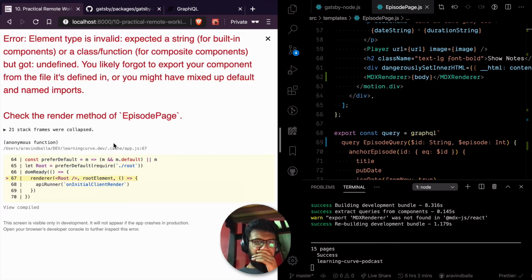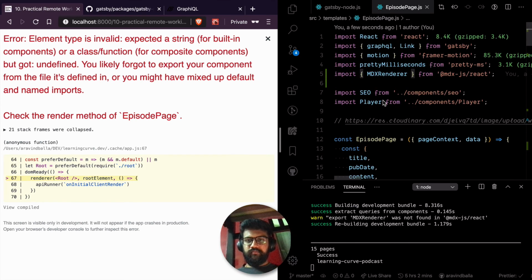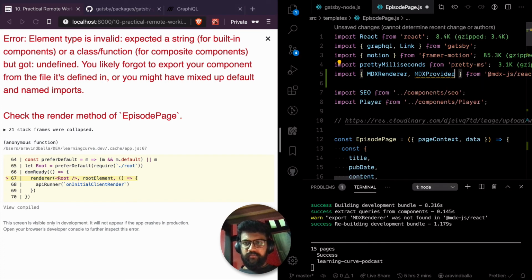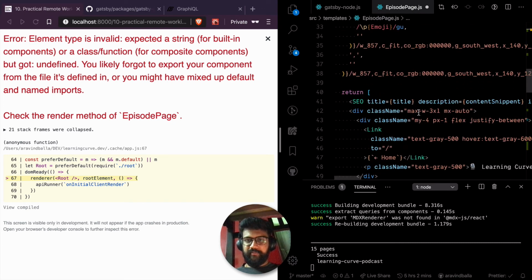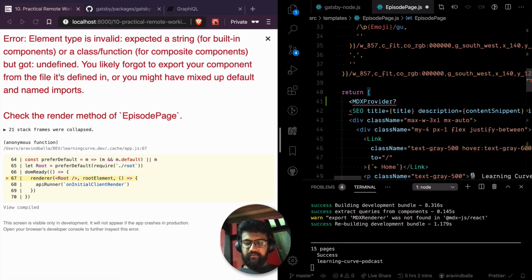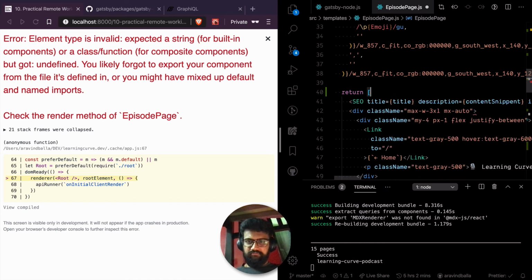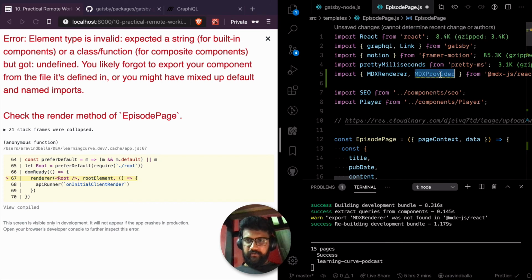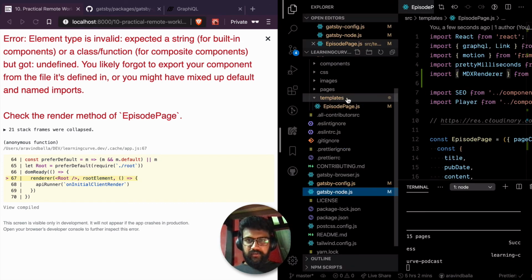Okay, please behave now. Should everything be wrapped into MDX provider now? Or I think the layout should have MDX provider.